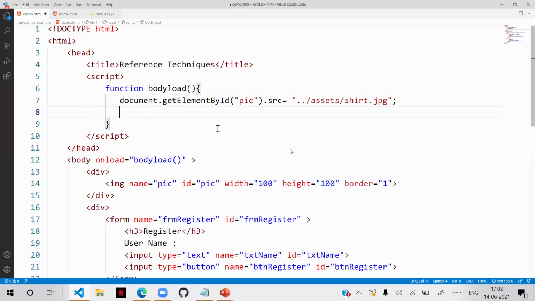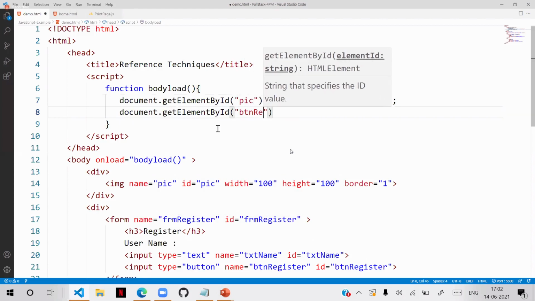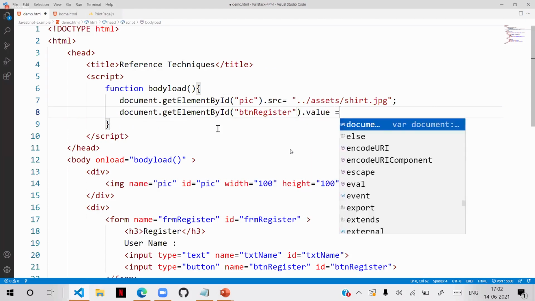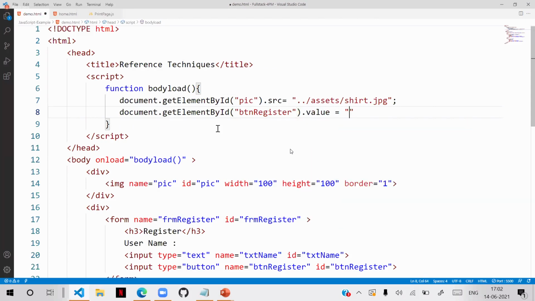Depending on the requirements. But if I want to access the register button, document.getElementById, btnRegister. Actually, it is present in a form, but we are not referring to the form. And its value is Register. Now, remember, how do you know you have to use src for this, and value for this?